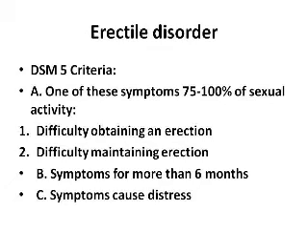One of these two symptoms must be present for 75 to 100% of sexual activity: difficulty obtaining an erection, and difficulty maintaining an erection. So it's not just getting there, but also staying there, that's important here. The symptoms must be there for more than 6 months, and of course, the symptoms must cause distress. Again, I find it a little bit difficult to believe that some people may try to have sex and not get an erection and that they're okay with it. But nevertheless, the DSM-5 makes the warning that if someone doesn't really feel distress about this, then they shouldn't be diagnosed with this disorder.